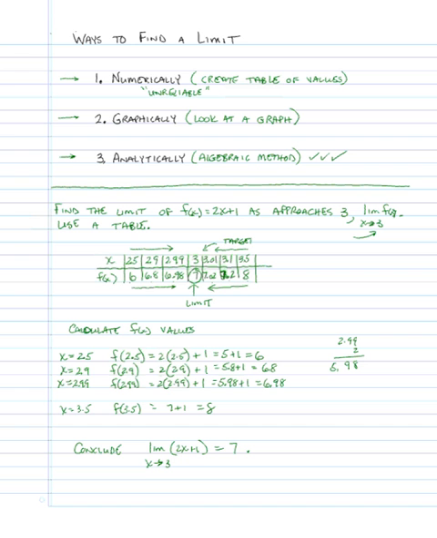And again, I understand that that almost seems silly in this problem, because we can just look at the function definition, 2x plus 1, and decide what we're getting close to. But the next problem will illustrate that we can't always do that by just substituting in. Okay, you can see the problem that we have here says use a table to calculate,